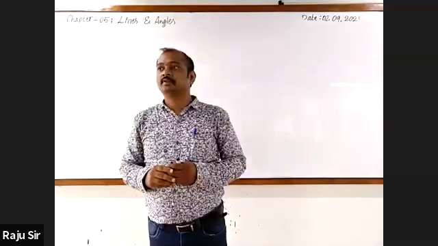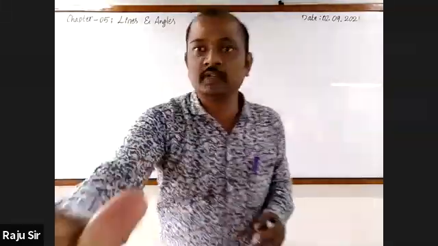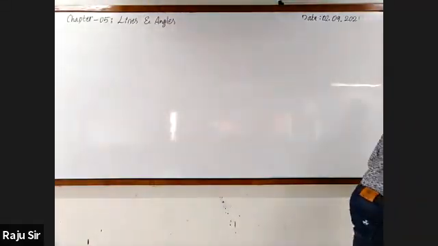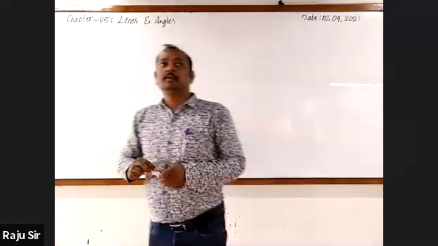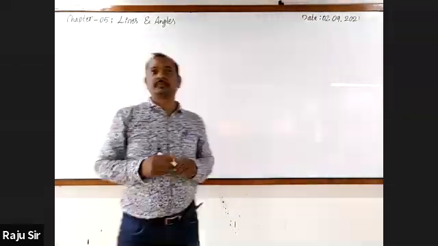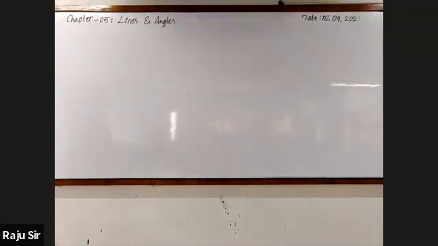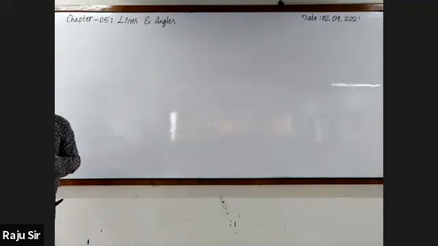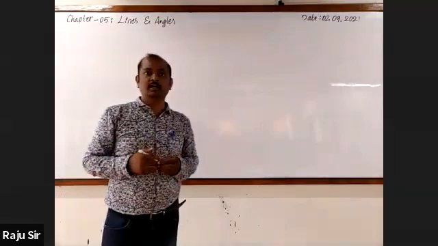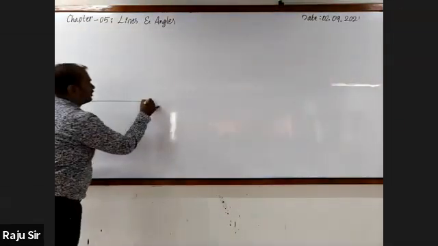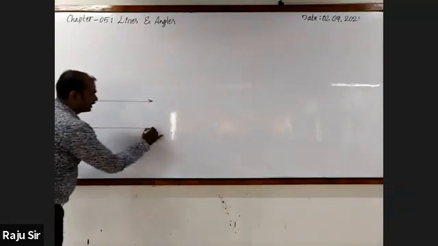Angles. Now let's continue this. In yesterday's class, we completely focused on transversal and parallel lines. With respect to a transversal, that is, when a line intersects two or more lines at distinct points, we get different angles, right? Let us recall that once, and afterwards we'll move on to the actual concept.